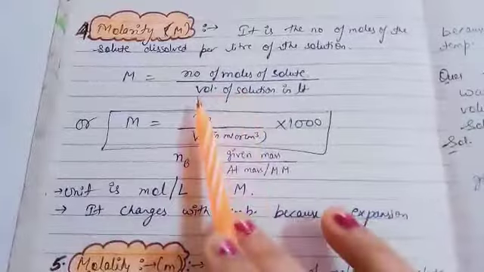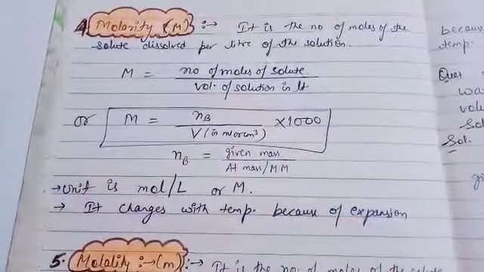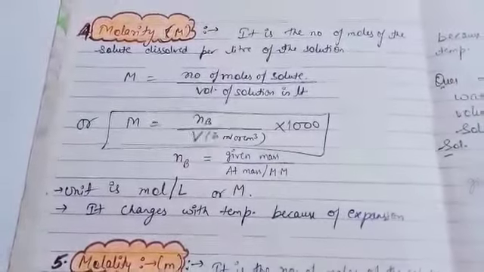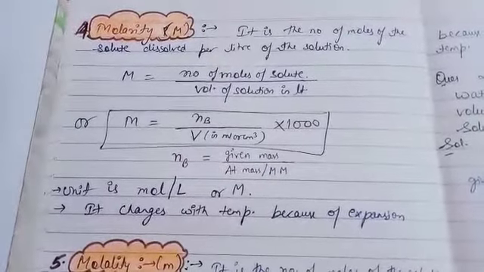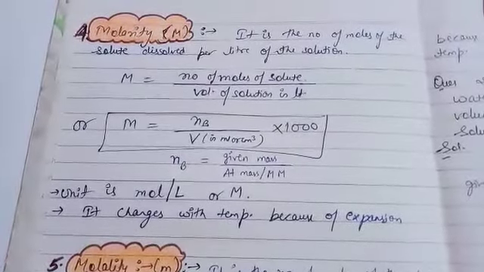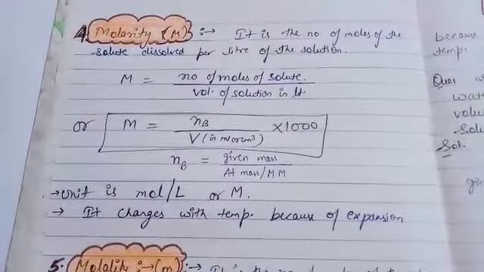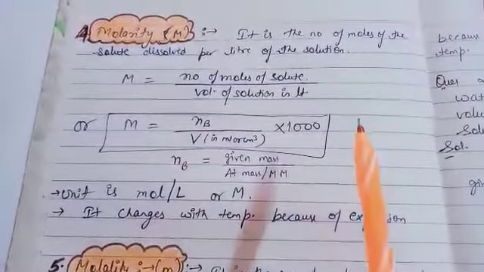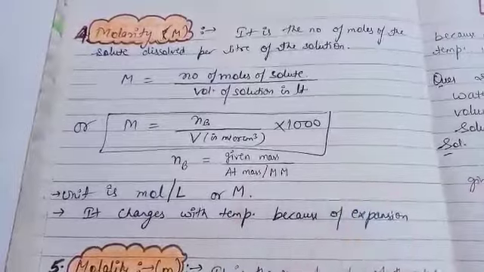Then volume: either volume is given to you directly, otherwise we have other formulas to calculate volume. For example, if density is given, along with mass, in that case also we can calculate volume, because density is equal to mass upon volume. This is a very important topic that you have to